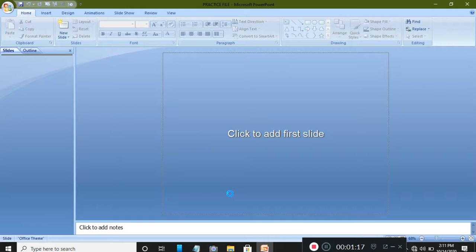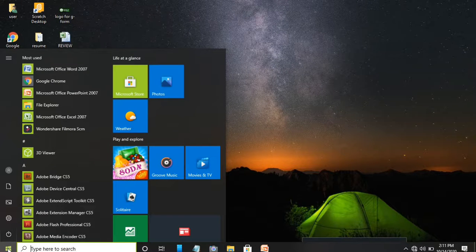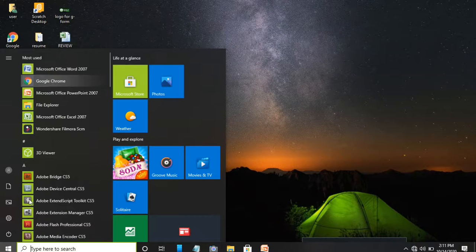And one more alternate way is there to launch the file. You can see this was the one I have created with the help of the mouse. Now if you want to create another file, use the alternate way to create a new file. What you can do, you just go back to the start button here at the left corner, and you can see all the program lists are appearing here.